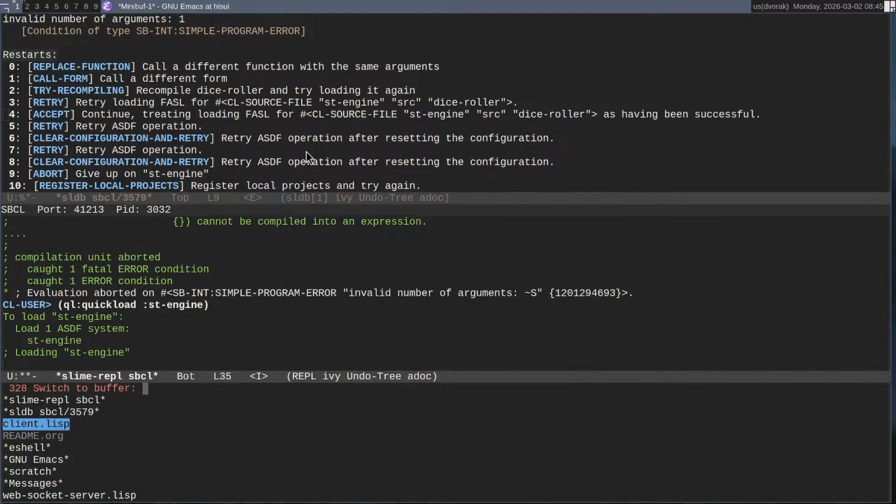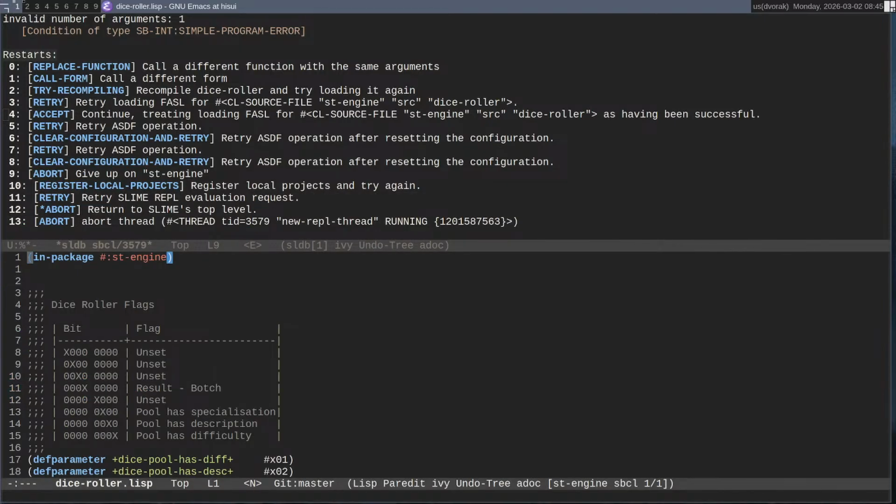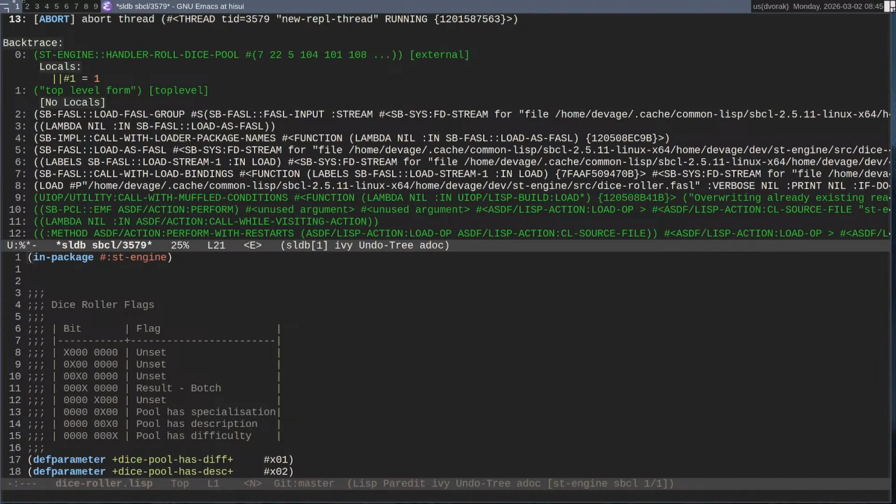We had a problem with client. We're now trying to load dice roller, and we're having a problem with it. And it's a simple program error. I don't actually know what that means, but it's handler dice roll dice pool.